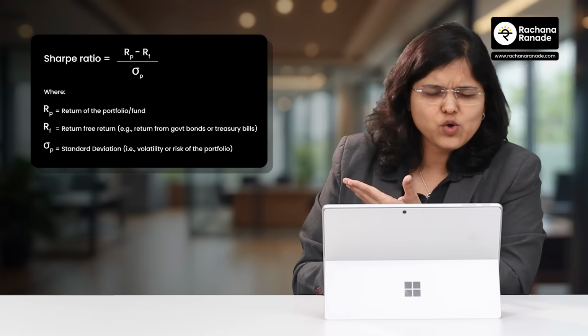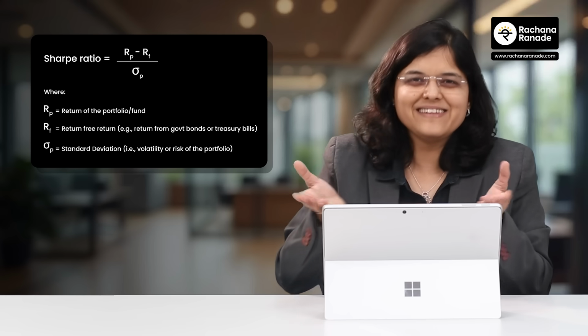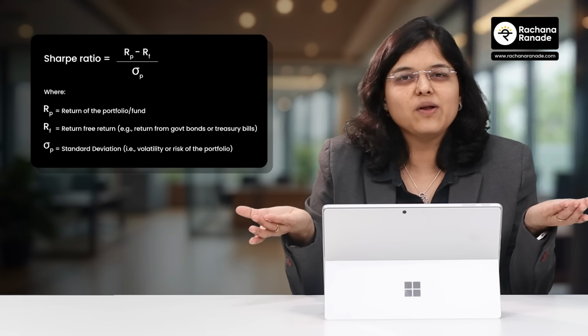So I am interested to go ahead with a fund which is giving me better returns with a specific unit of risk, or with a similar unit of risk. And for that we go ahead with Sharpe ratio. You can also see the formula for Sharpe ratio. If you want, you can check it out, but it's anyways readily available on Tickertape.